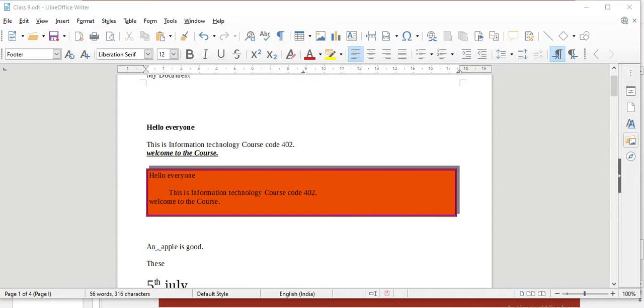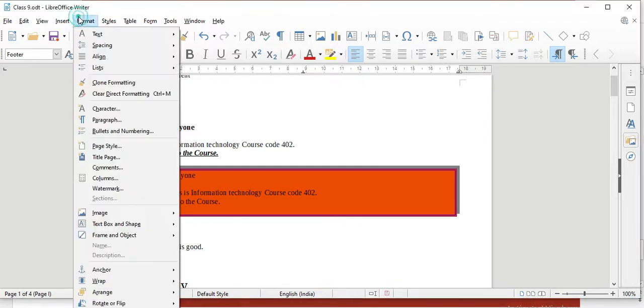Now adding border. It is possible to apply the border either individual character or the selected text. Here last video we have learned to border for the selected paragraph. The process is similar for bordering your page. For bordering your page, go to the Format. In Page Style,